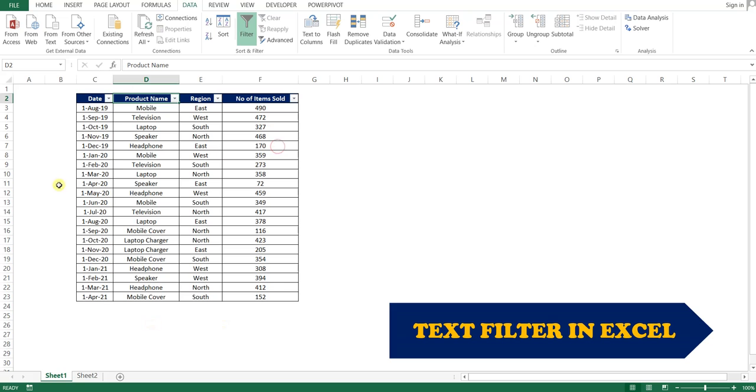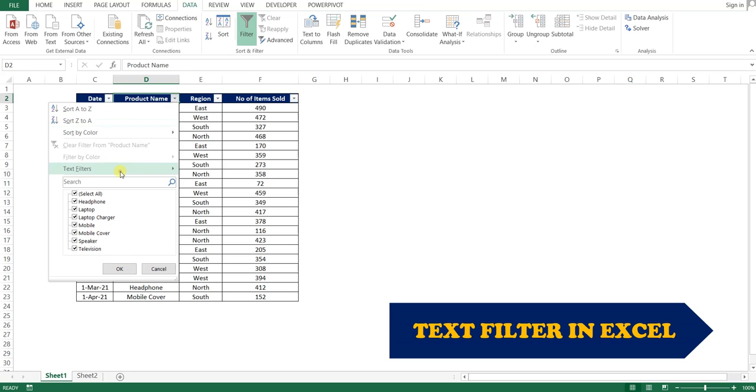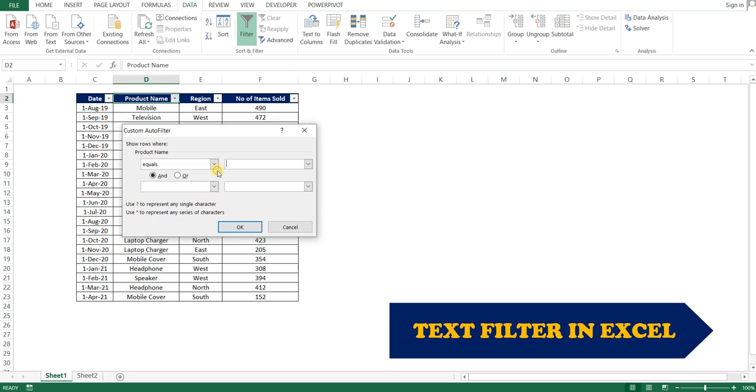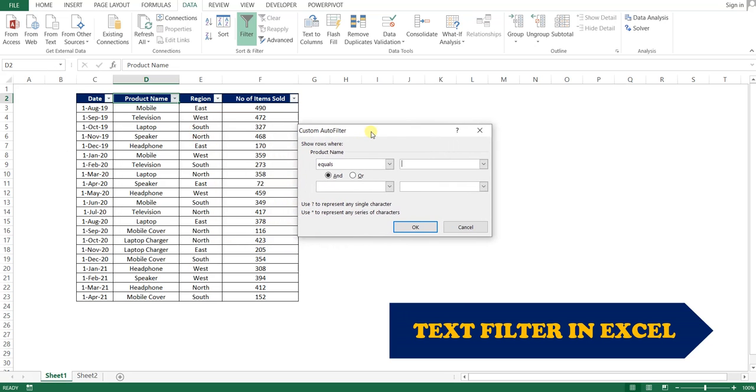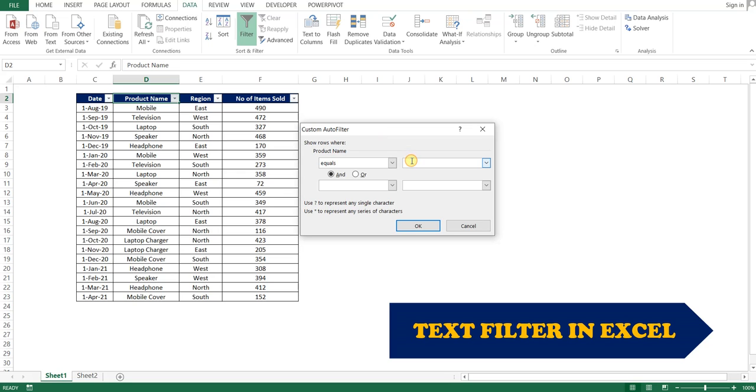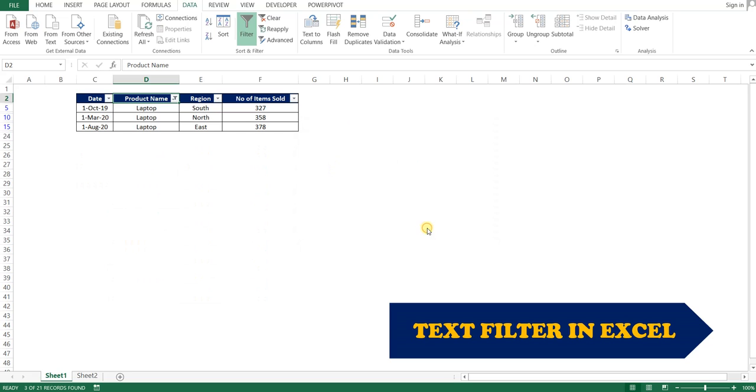We will take the same example data as you can see on the screen. The first option is Equals. For example, if we want to filter the values equal to laptop and we click on OK, we can see that the values for laptop are now filtered.